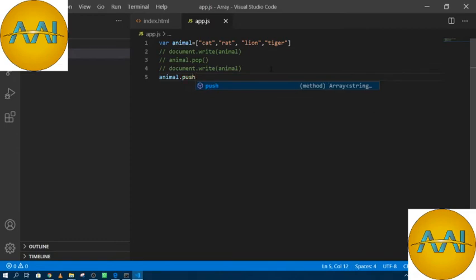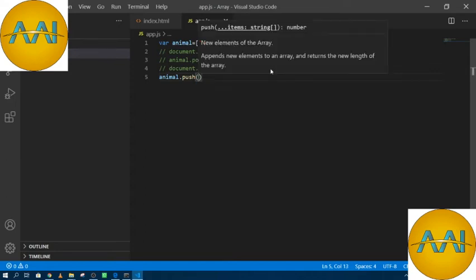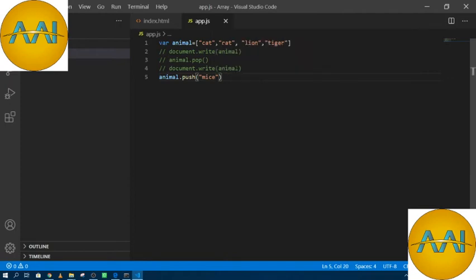For adding any element at the last of your array, you have to write your array name, animal, then dot push, then round brackets, inverted commas, and your element name. Like I am writing mice. Let's see guys if it's working or not.